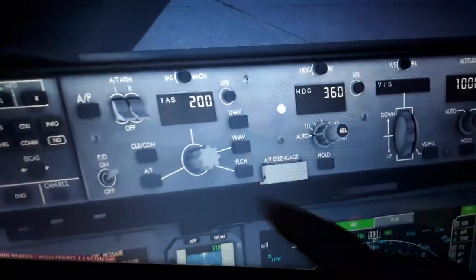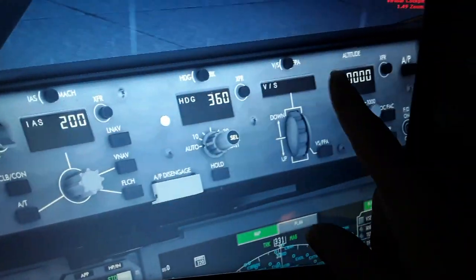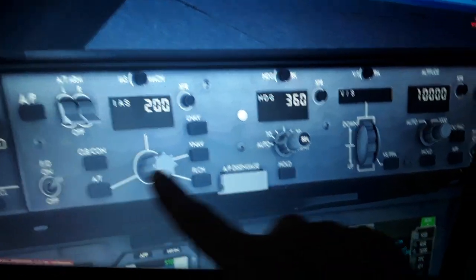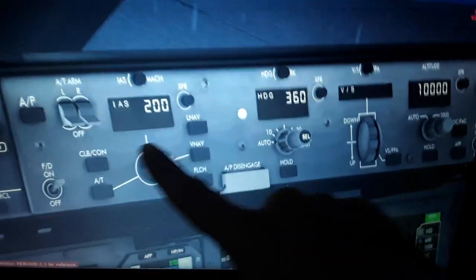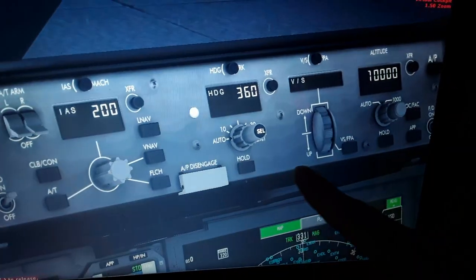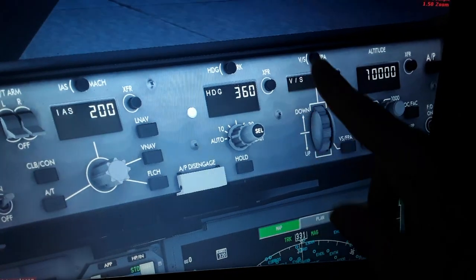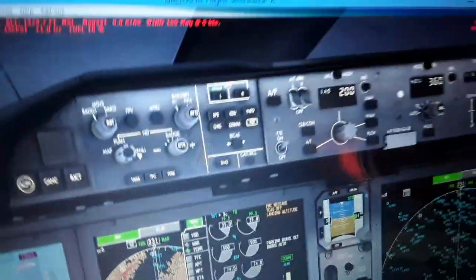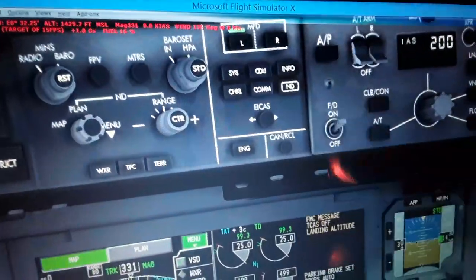So you can see the indication, you can see the airspeed guidance, the heading guidance, the altitude guidance, auto throttle, left and right flight director, autopilot disengage, autopilot gauge and nav, later on vertical navigation, vertical rate of climb, descent and flight path angle, localizer approach for autoland. You can see some other functions here, some displays